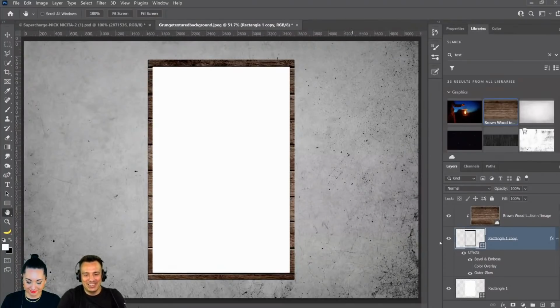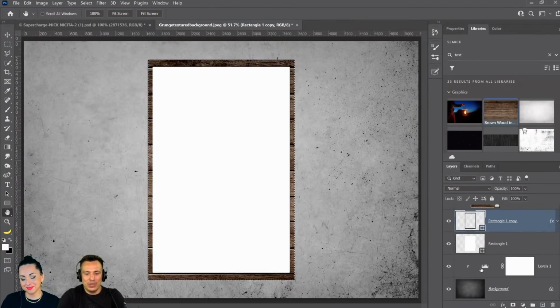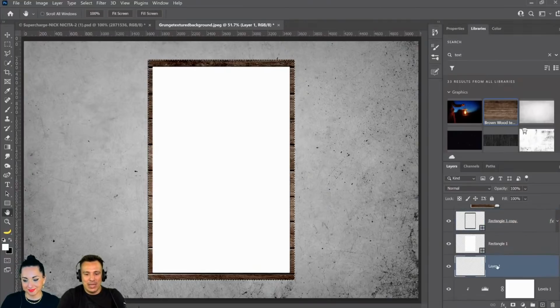Now, the cool thing I wanted to show you is, let me hold Control on Windows, Command on the Mac, click on the layer thumbnail, hold Shift and hold Control, and click on this layer thumbnail just to select that entire square. And what I'm going to do is show you how to create a cool shadow in a method you probably haven't seen before. So I'm going to fill this with black. I know I just said that I don't like using black as my shadow color, but the background is gray, so I guess it works in this case.